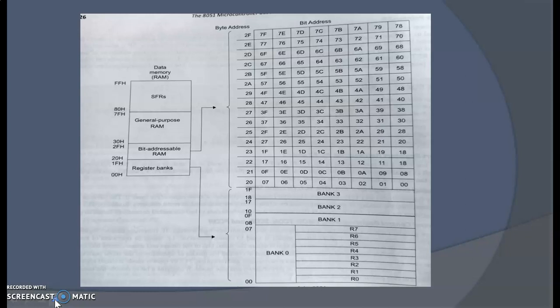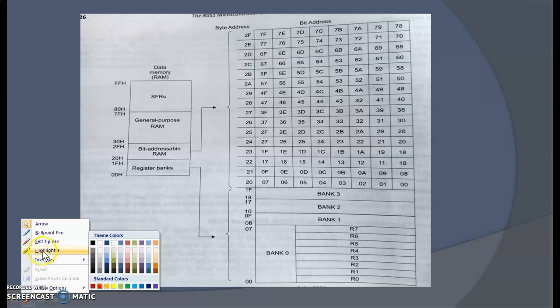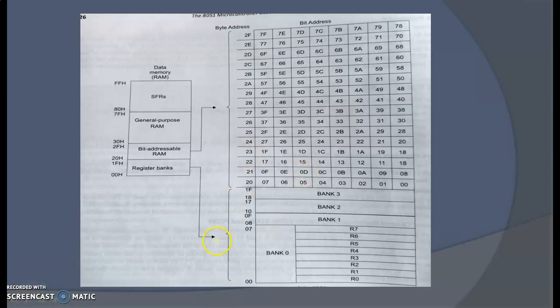So you can see here the memory locations. From 00 to FF is the total RAM of 8051. Now out of these memory locations, the memory locations from 00 to 1F are allocated for register banks. You can see here from 1F to 00.